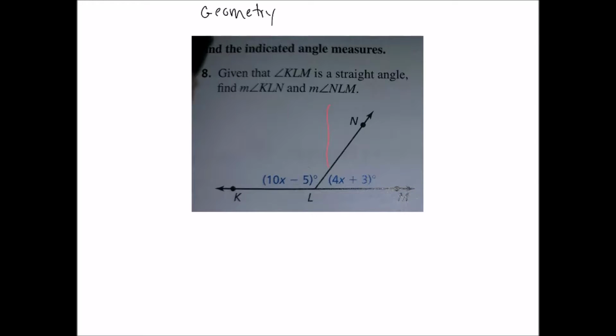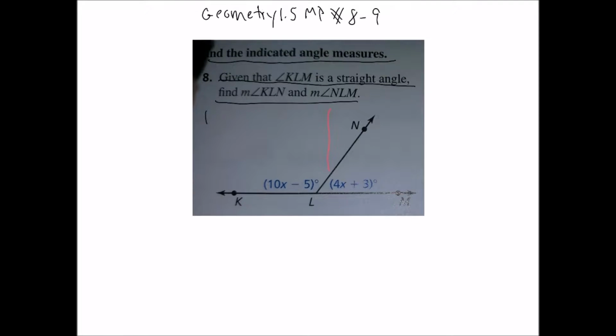Today we're looking at Geometry 1.5, Monitoring Progress, numbers 8 and 9. So we have here that we're supposed to find the two angle measures, given that KLM is a straight angle, meaning it's 180 degrees in measure. It's a straight line, basically. So the measure of KLN plus the measure of NLM